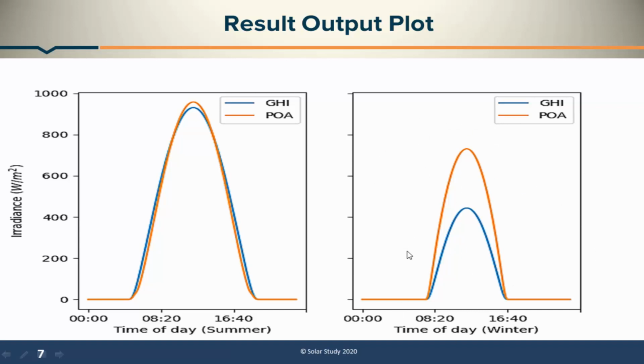Here we have assigned the winter data. In winter anyhow there will be less radiation, less sunlight, so we will get irradiation up to around 700 watt per meter square. Here the yellow line is indicating plane of array and blue is GHI. Now we can clearly see that in summer time we get more irradiation data and in winter very little. If you want to plot the spring time or rainy season we can plot that also, but at that time we won't get sufficient irradiation data.